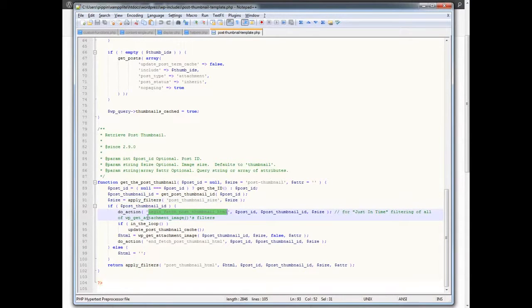We have a hook called Begin Fetch Post Thumbnail HTML that will allow us to output additional HTML right there for the image, and then we have one at the end of the HTML, another do_action. And at the end, all of that is passed through a filter. So we actually have 4 different ways that we can modify the post thumbnail HTML